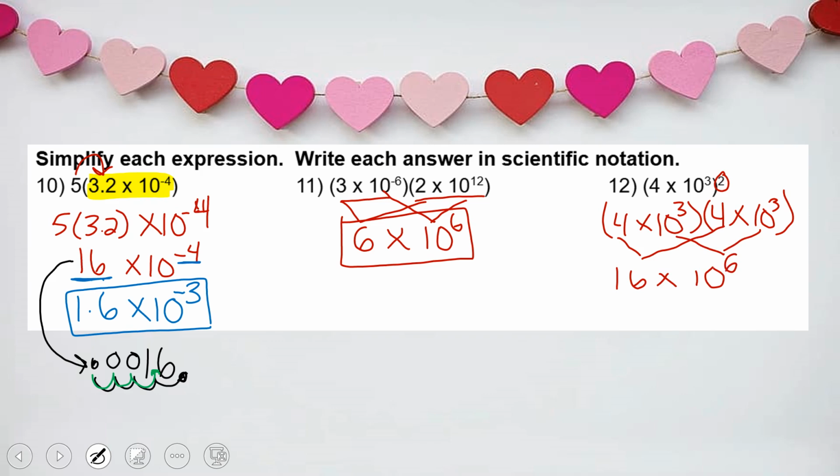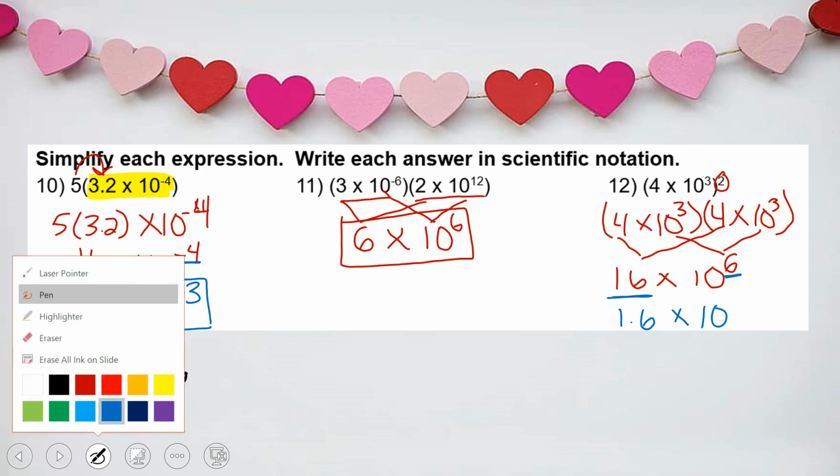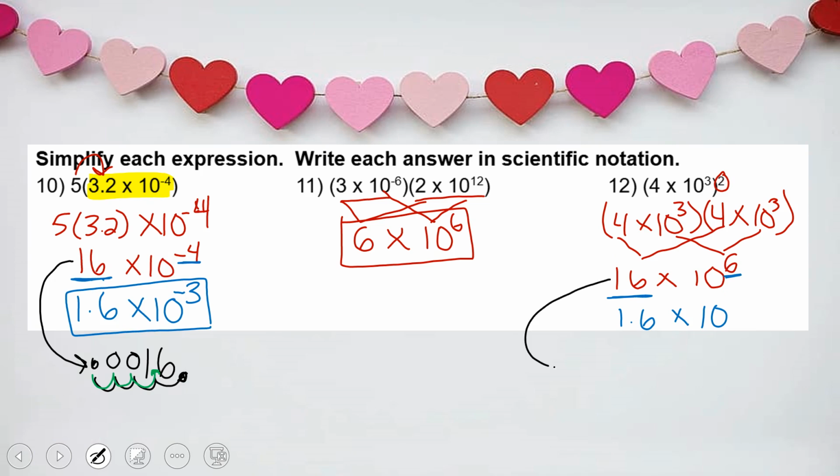But once again, I'm not quite in proper form, right? 16 is bigger than 10. So I need to change this to a 1.6. And when I do that, that's going to affect this exponent here. So either visualize or think about that 16 times 10 to the 6th means I